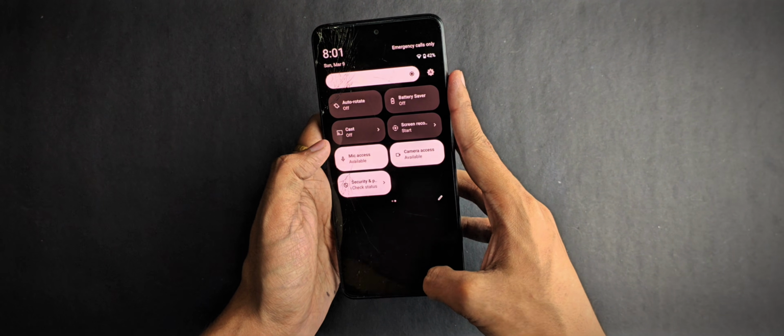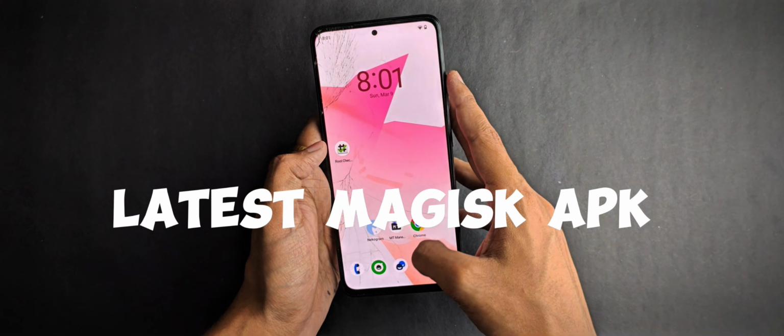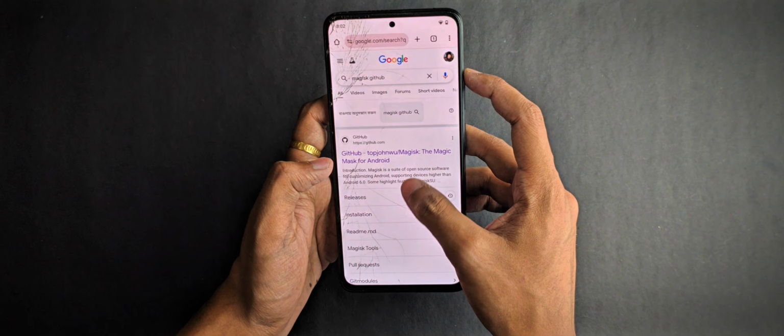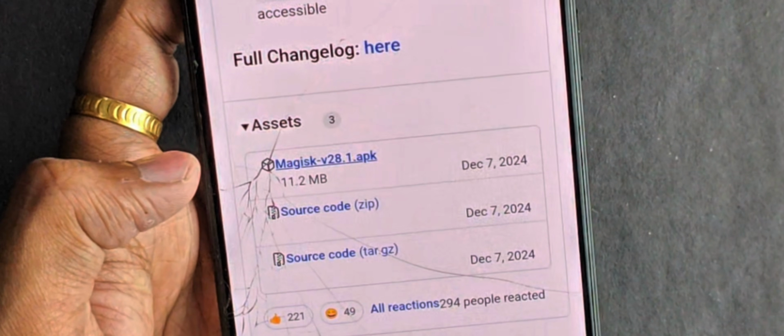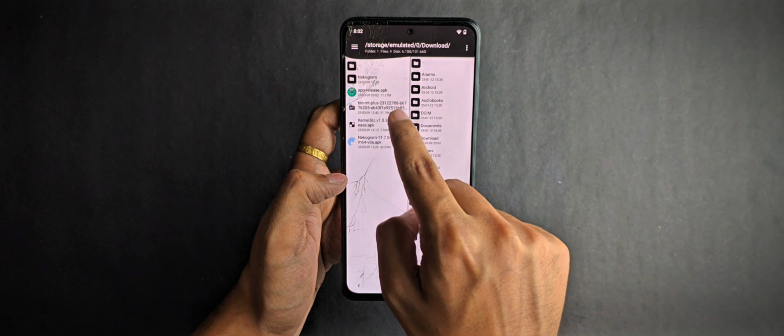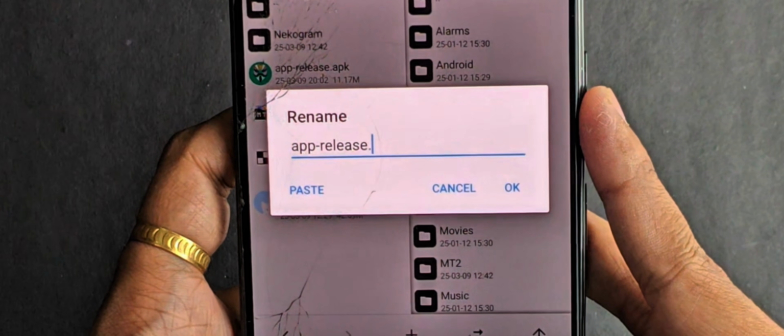Now if you are using this custom recovery method to root your device, you will need to download the latest Magisk APK which will be required to root our device. So I found this as the latest version from their official GitHub repo, so let's download it. Now what you need to do is rename the APK file to .zip,